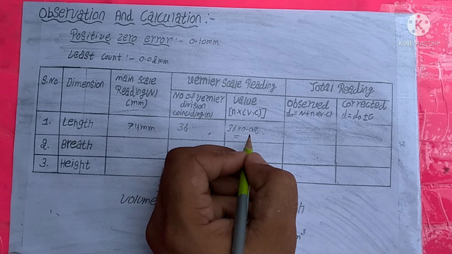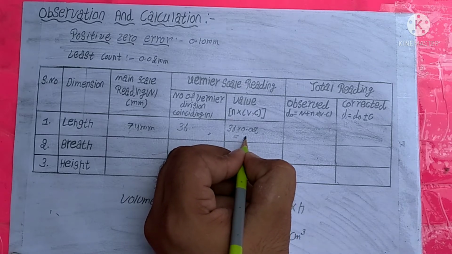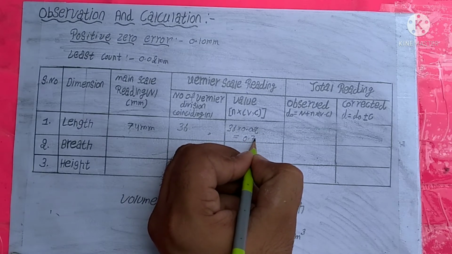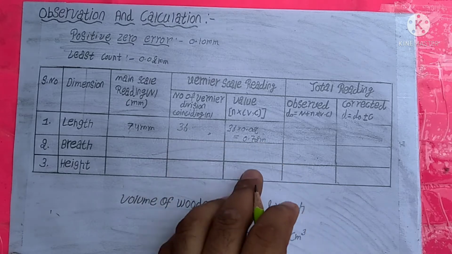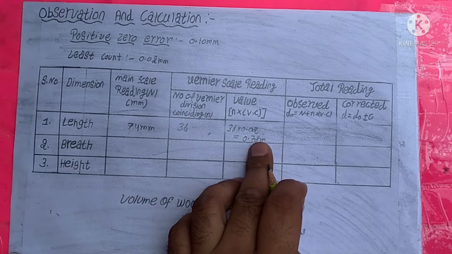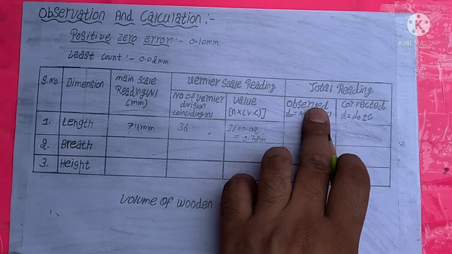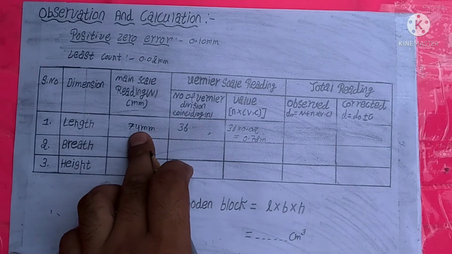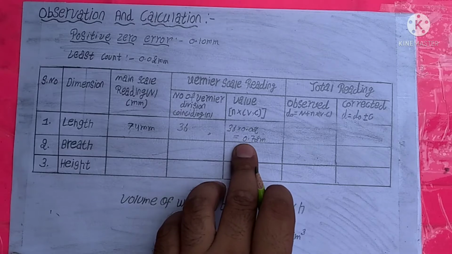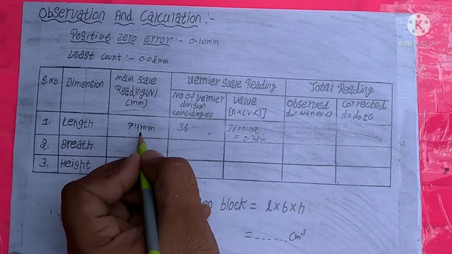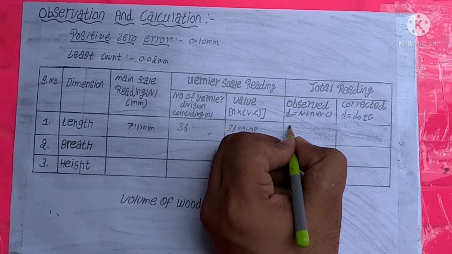then the result comes out to be 0.72 mm. So this is our vernier scale reading, but the observed value is nothing but the sum of both the main scale reading and vernier scale reading. Now when I add both the readings, the result comes out to be